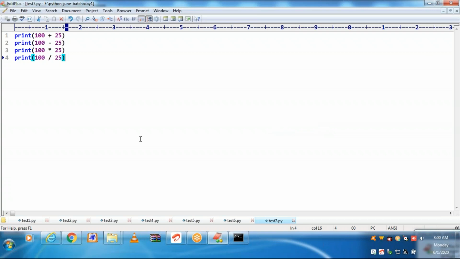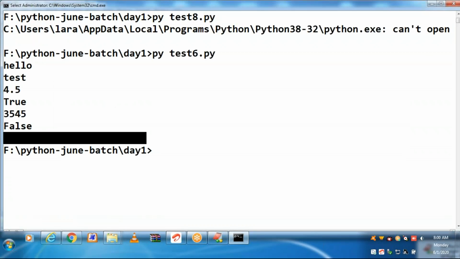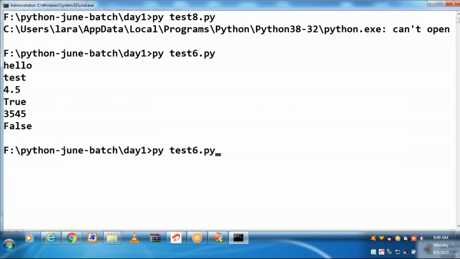Let us run the same. Test7.py. Expression result printing. You can supply an expression result straight away.